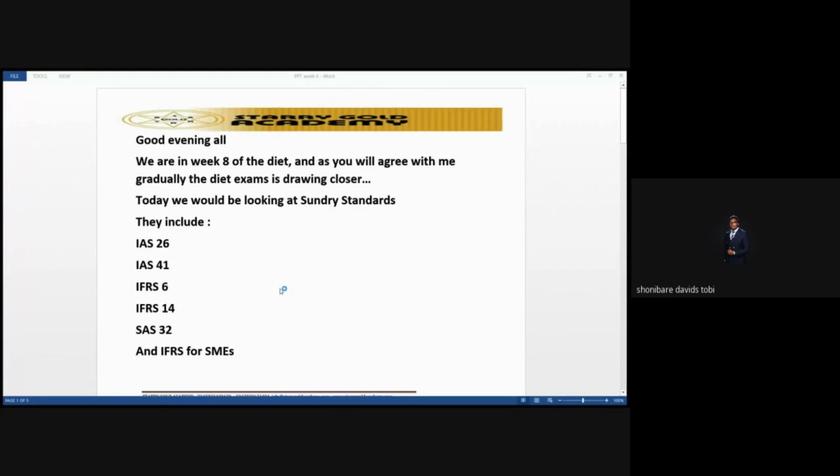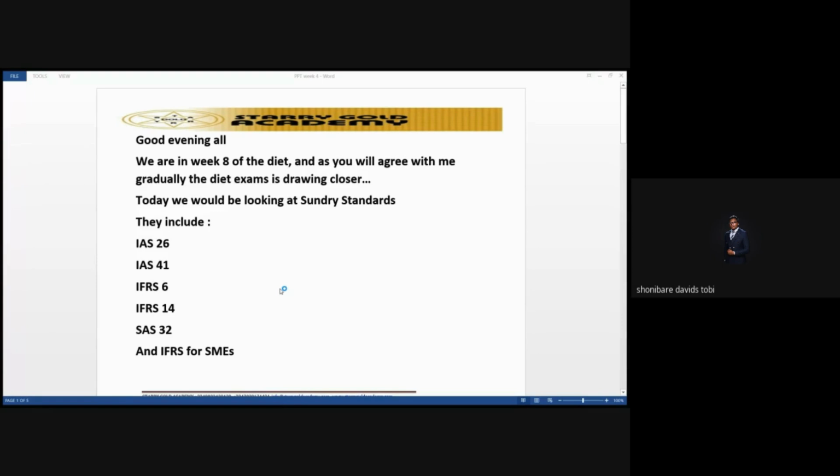So what are some of the disclosure requirements in IAS 41? One, it requires us to disclose the aggregate gain or loss from the initial recognition of biological assets and agricultural produce, and the change in fair value less cost to sell during the period. Two, do you think ICAN cannot talk about some of the disclosures? They can tell you to list disclosure requirements.